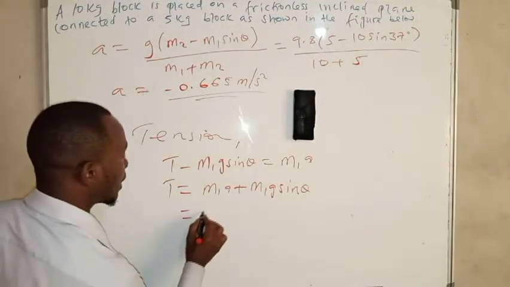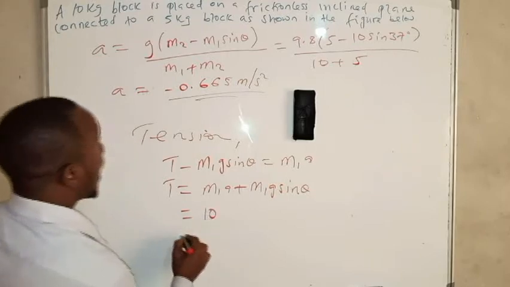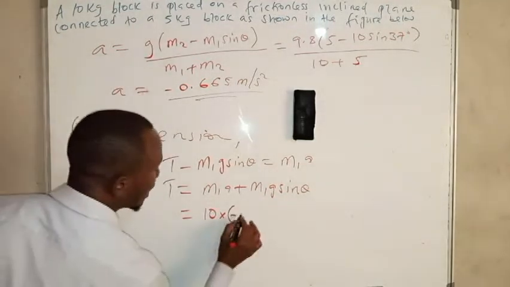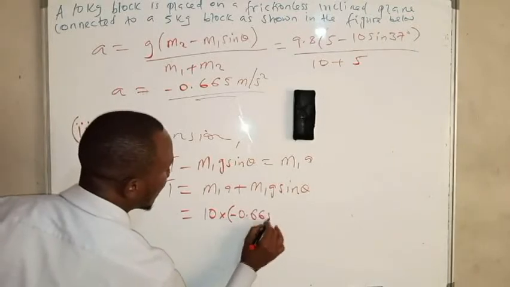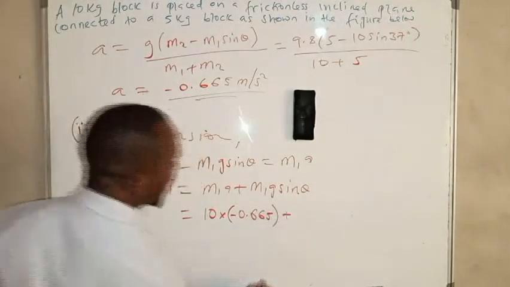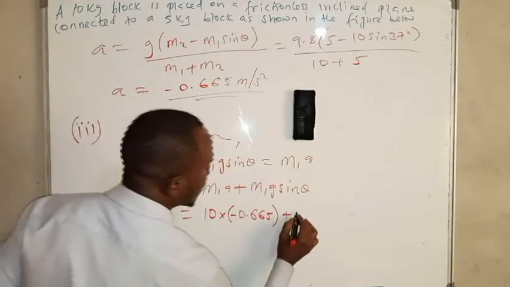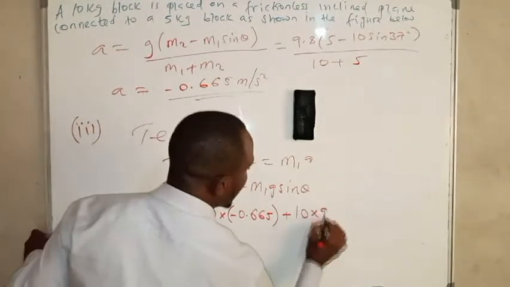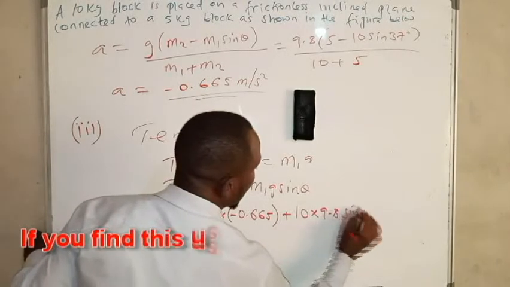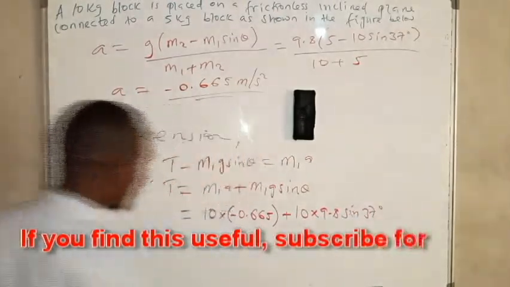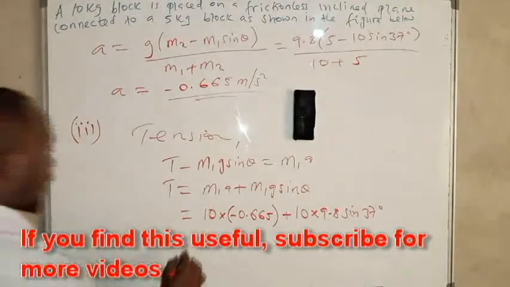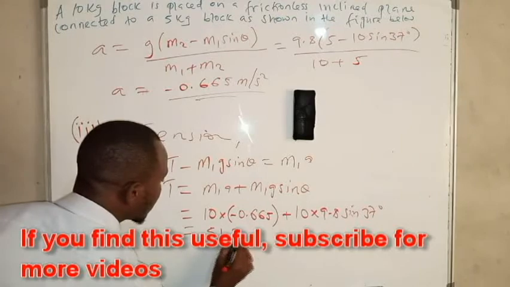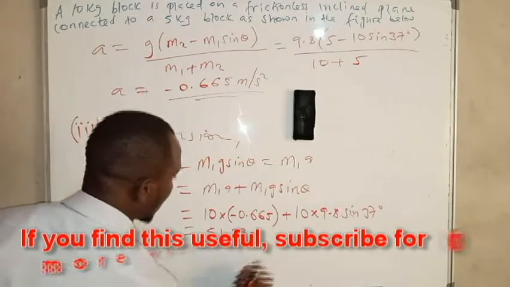Now we just need to plug in the values. Here m1 is 10 kg, times the acceleration, which is negative 0.665, plus m1, which is 10 again, times 9.8 sine 37 degrees. If we punch this on a calculator, we get 1.33 newtons. And this is how